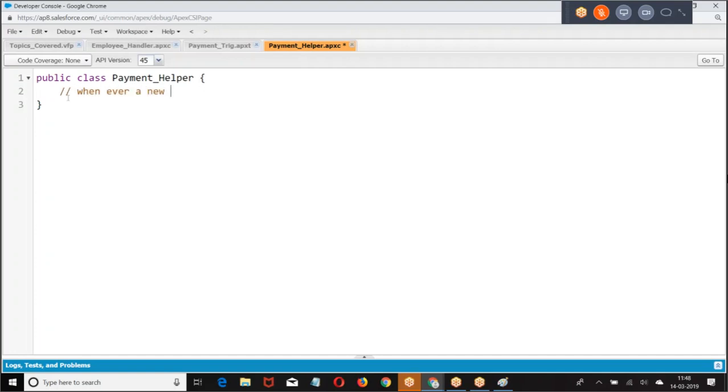Whenever a new payment is created without employee ID, throw error message. Because it's a lookup relation, there may be a possibility that you may enter it or may not. So I want to write a trigger. It is a must that employee ID should be chosen.